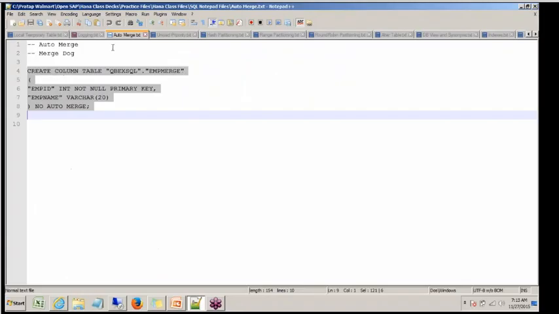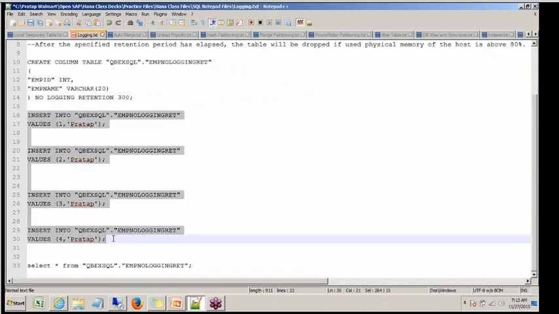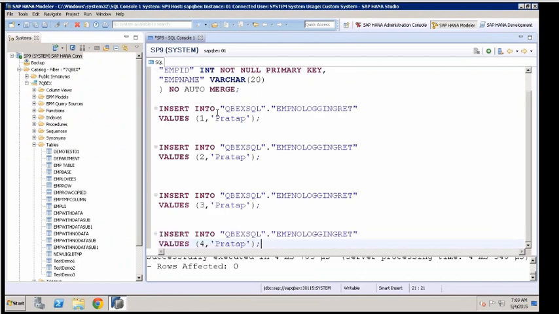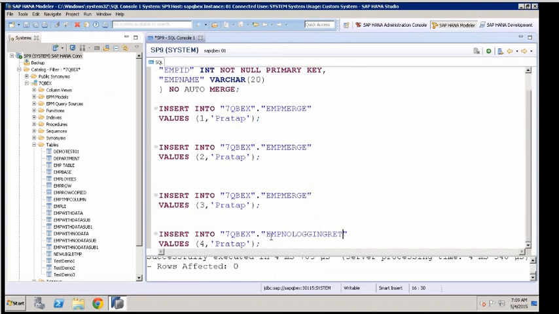Let me insert something. So this table is created.